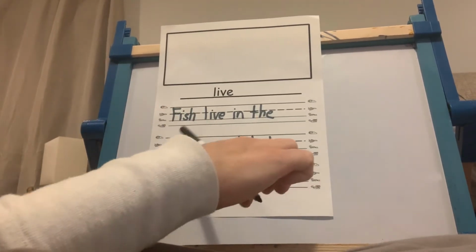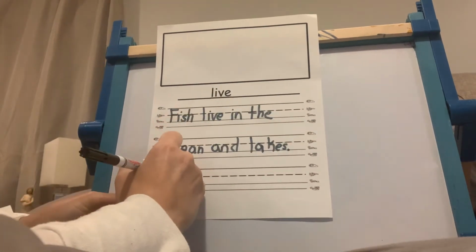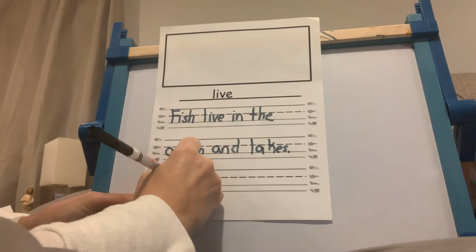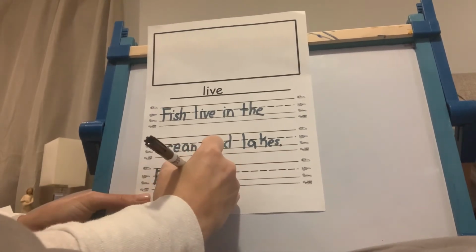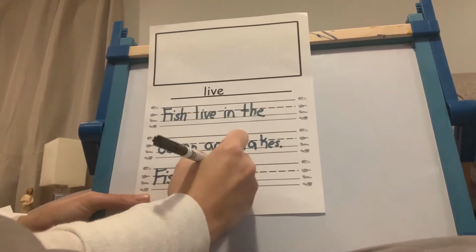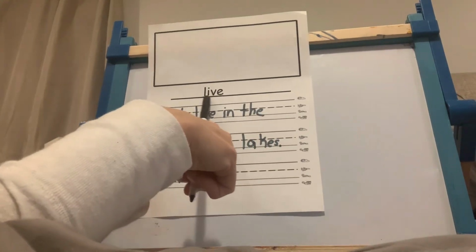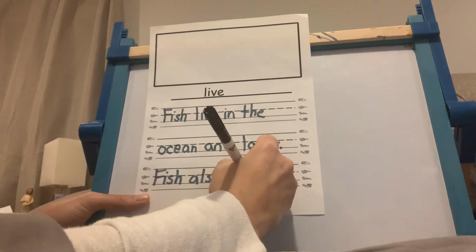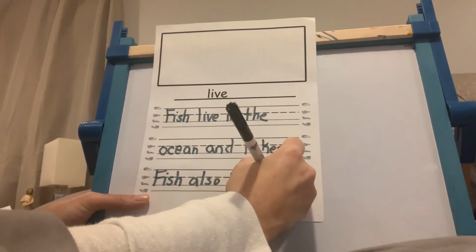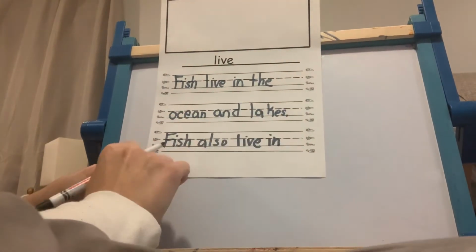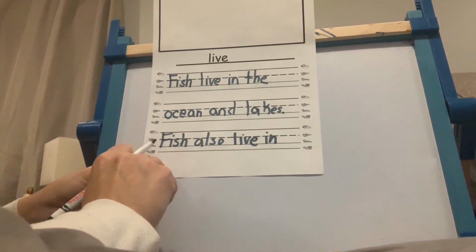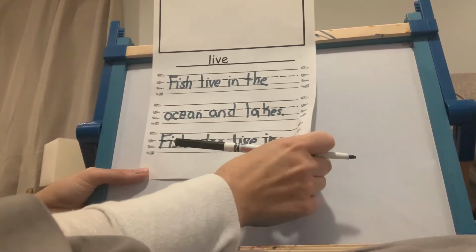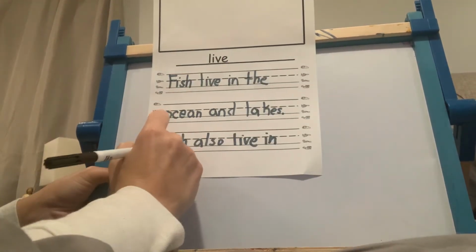Fish live in the ocean and lakes. Fish also live, remember you can copy the word live over and over from right here. Live in, if you run out of room like I did, it's okay. You could add at the bottom, or you could always create a second page of this. Fish also live in